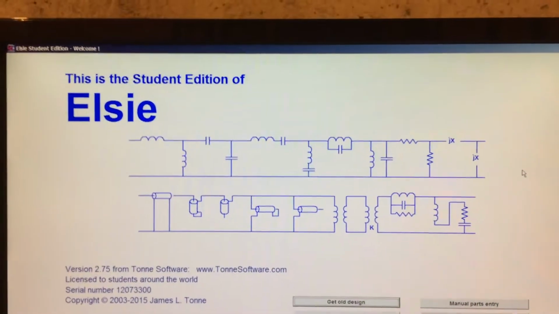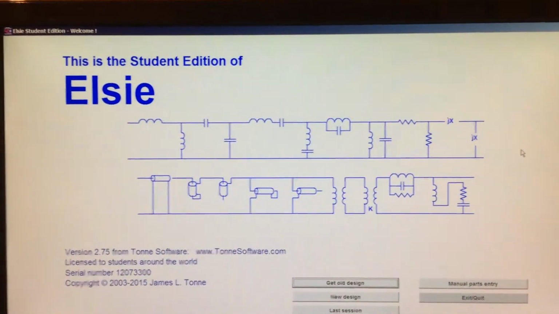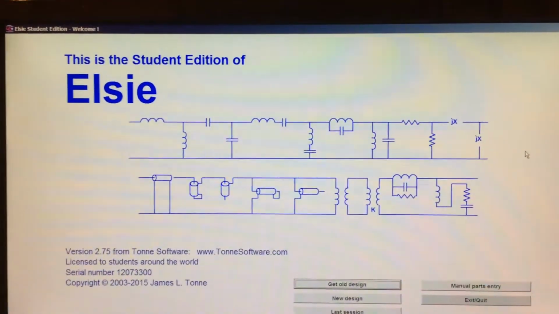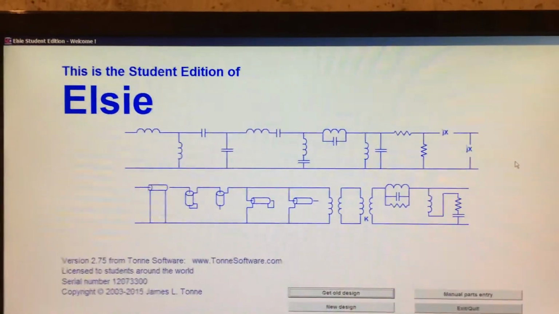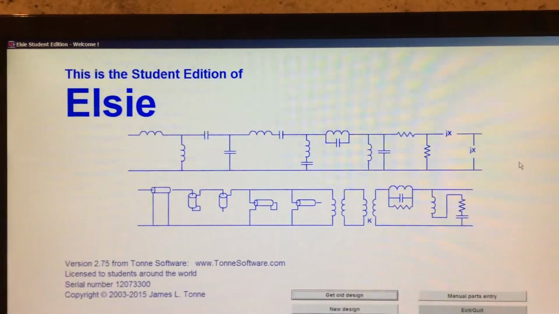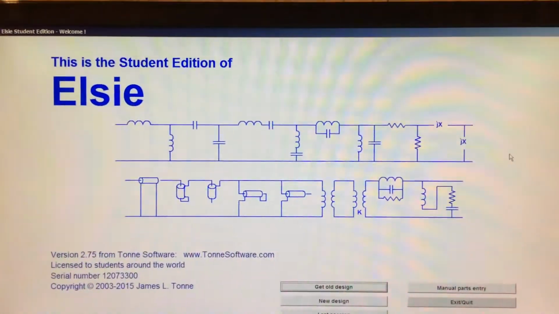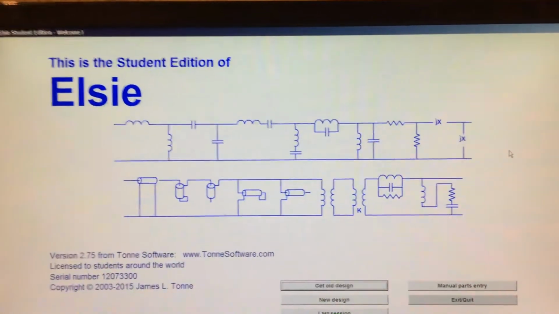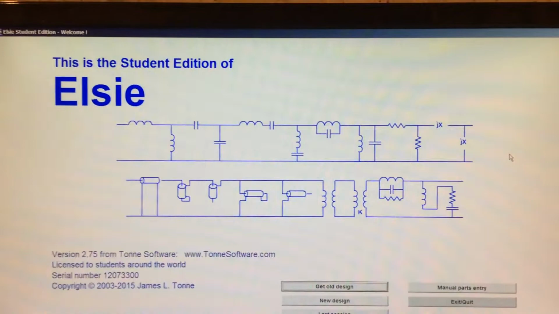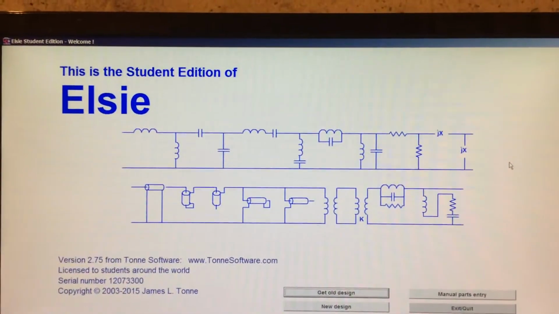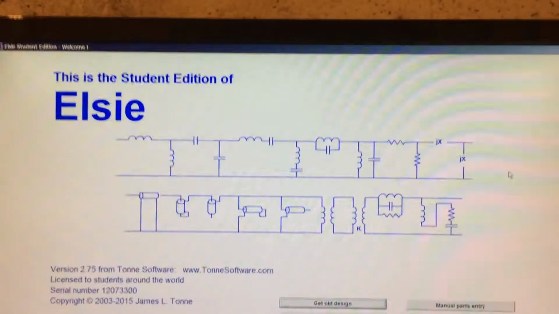So typically you'd have a low-pass filter for each band that you transmit on. And the general arrangement would be a number of low-pass filters on one PC board with relays to switch them in and out, and then a selector switch to select your band. For this video, I'm going to just concentrate on building a low-pass filter for the 10, 11, and 12 meter band. So that'll basically range from